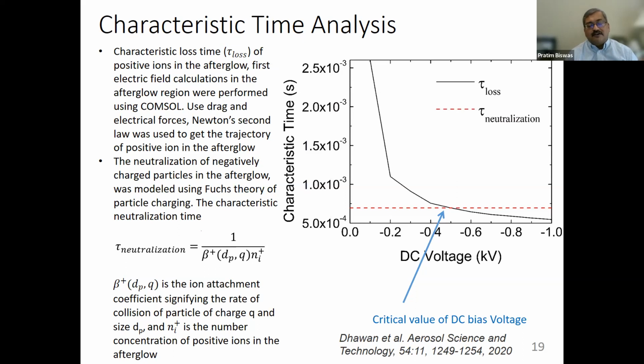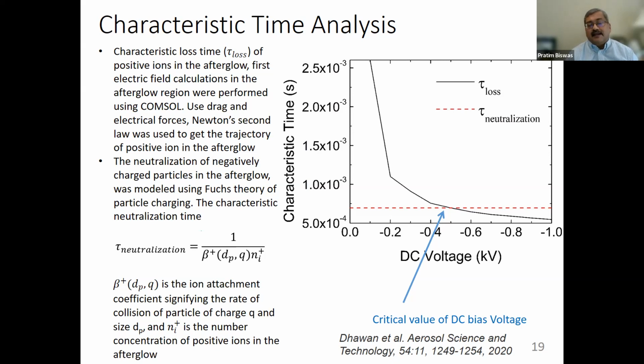On the other hand, I want to contrast this to the neutralization time. For the neutralization time of the negatively charged particles, we use the Fuchs theory, with the limiting sphere approach. Some of this is described in our earlier paper. I just give you the expression. One has to, of course, calculate the ion attachment coefficients. There is a significant degree of calculations and some assumptions that go in. I need to define my plasma ion concentration estimations and so forth, but this is an intensively studied field. So we borrow from that, get that expression, and I plot the neutralization time for these